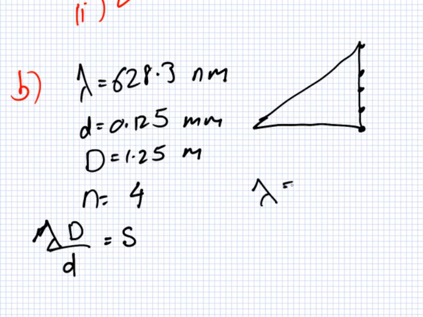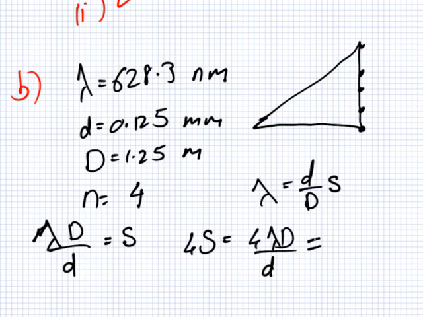That's what I had originally, wasn't it? Yeah. I originally said this. But even guessing, this answer is wrong. No, I'll double check it carefully, okay? So then that means 4s will be 4 lambda D over d, which would be